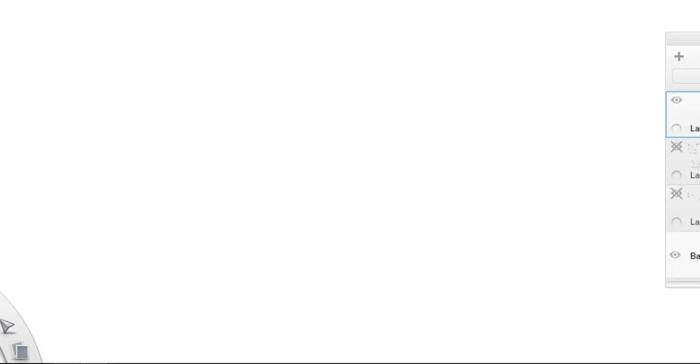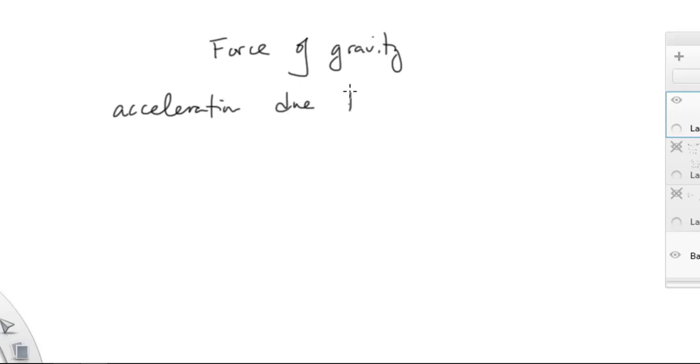We're going to look at gravity. But we're looking at the force of gravity. And you may say, well, miss, we already learned gravity. No, what you learned was the acceleration due to gravity. So if you go back and look at our notes in kinematics, we were really talking about